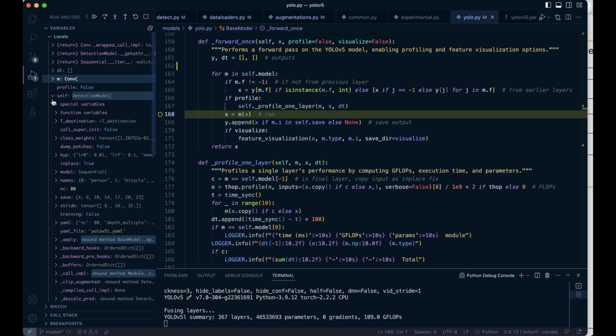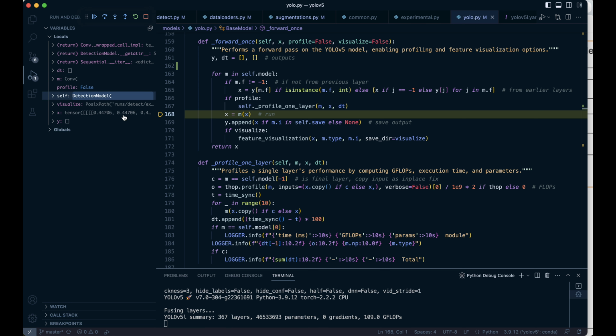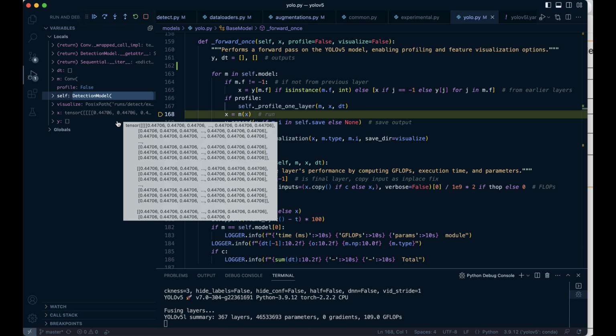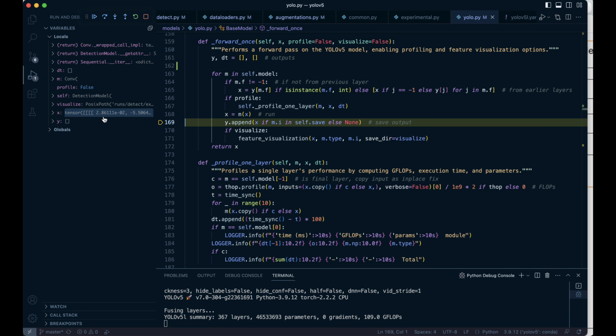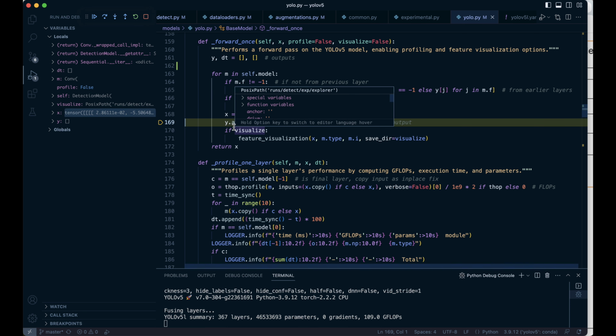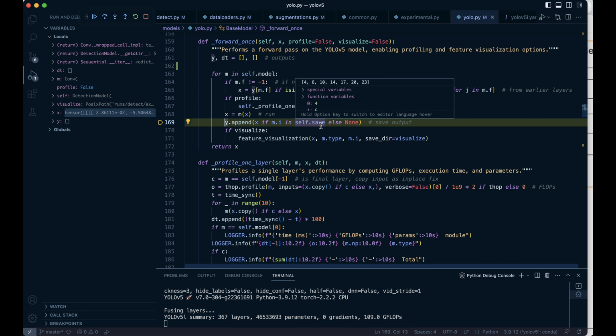Now, when we run this, X, which right now has this value, will be updated with that convolution operation. So X will be updated. So let's run that, and you see that X will be modified to now these values. And then here, we're going to append to this empty list the values only if those are going to be needed downstream. So in self.save,